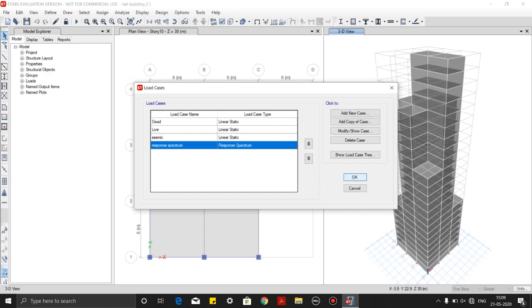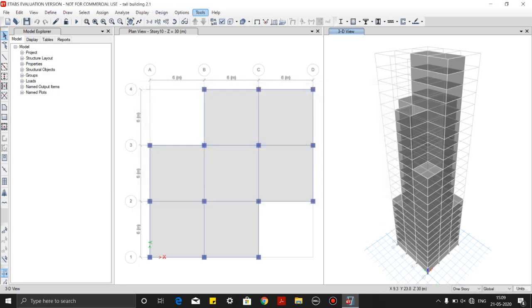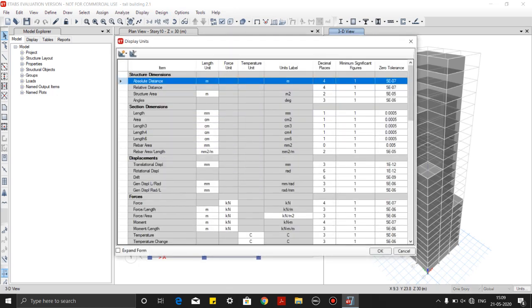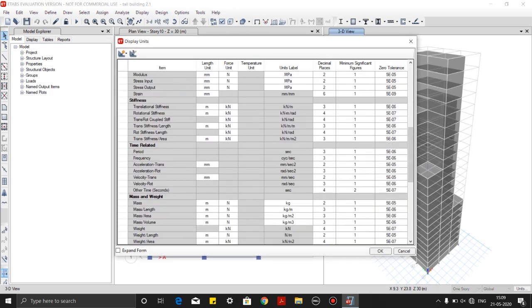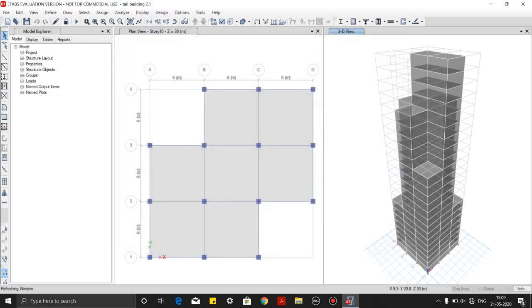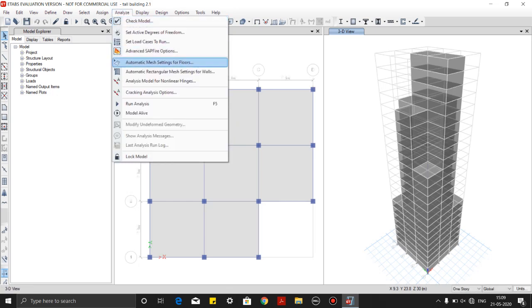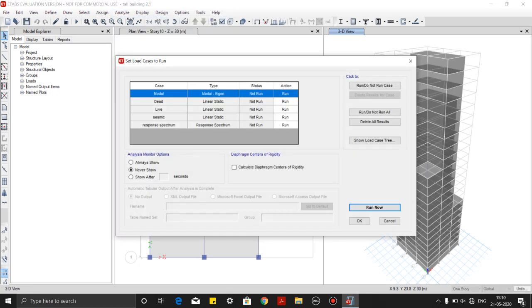Now click on OK. Now for display units we should check the units of acceleration. So we have the acceleration favorable units, so click on OK. Now we'll go to analyze, set load cases to run.